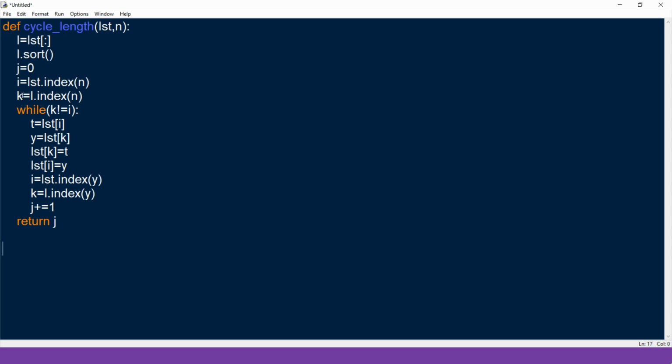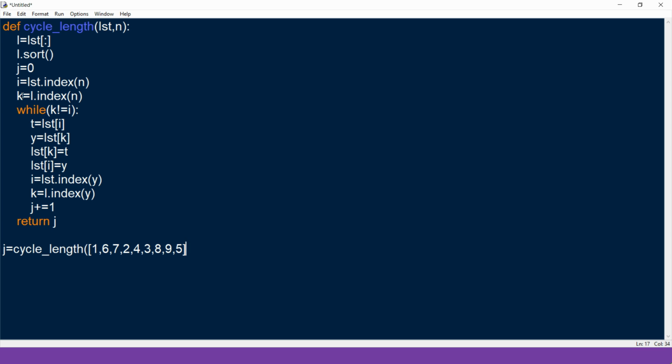Now we need to print the values, and also assign the values to the arguments of this function. For this, again I'm taking the value j and the function name cycle_length. Here I'm taking the list 1, 6, 7, 2, 4, 3, 8, 9, 5.